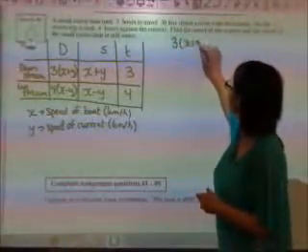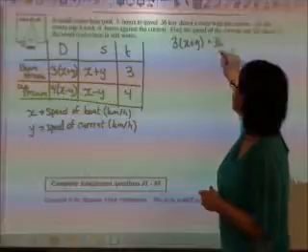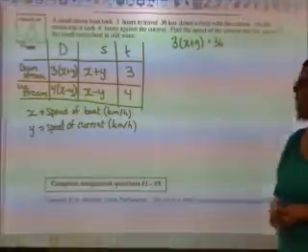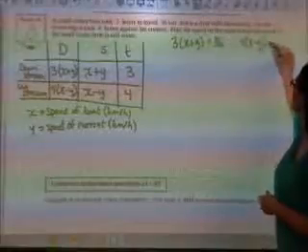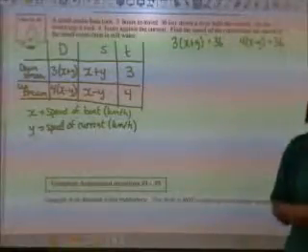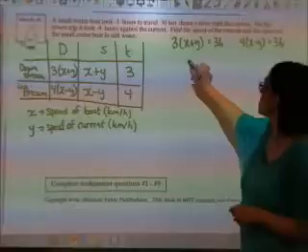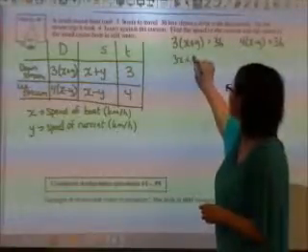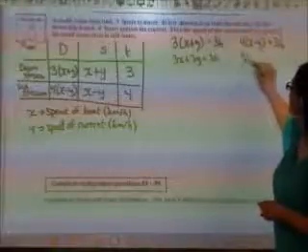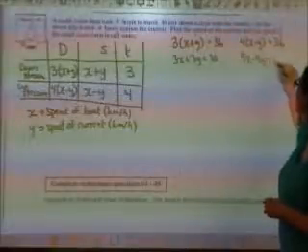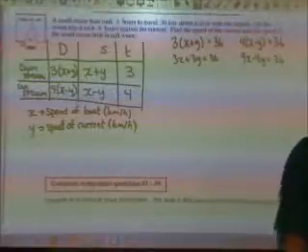Downstream, I get a distance of 36. And upstream, I have a distance of 36. So then I've got 3x plus 3y equals 36. 4x minus 4y equals 36. So if I chose to solve these by elimination,